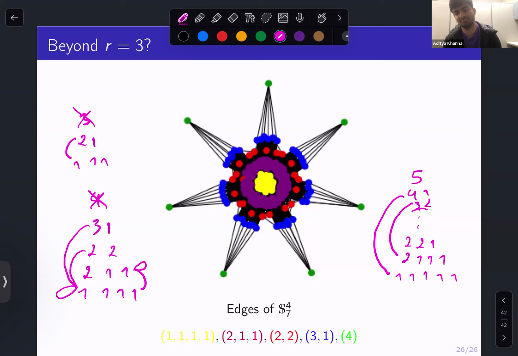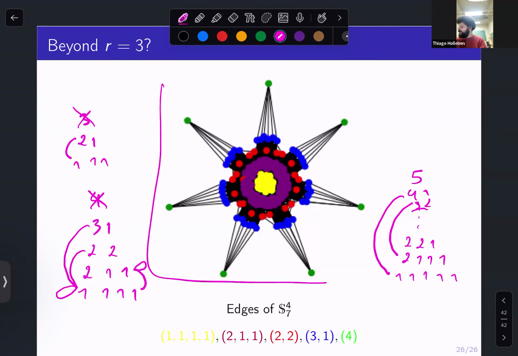But we don't really know what's going on. These are just the patterns that we have for 2, 3, 4, 5. For 6, things start to break down. But for every picture that we have, like this one where you draw the edges, you have this sort of layer thing.